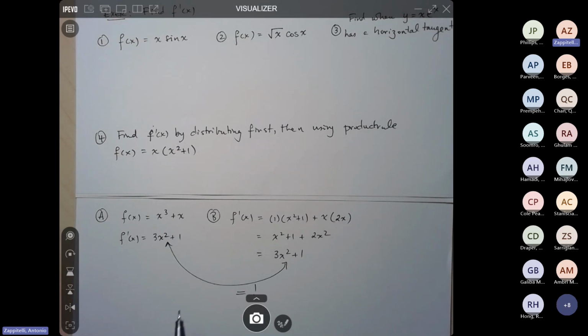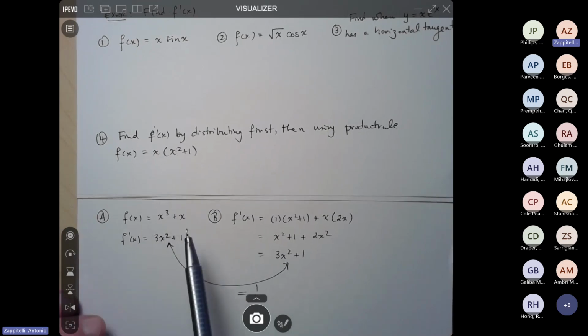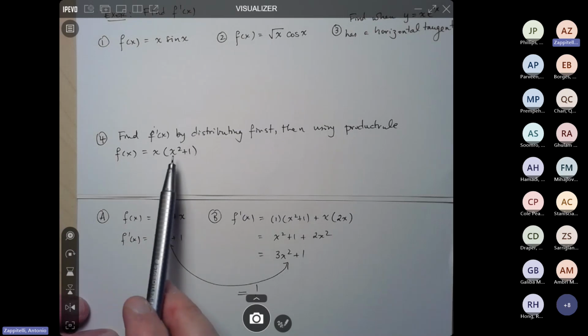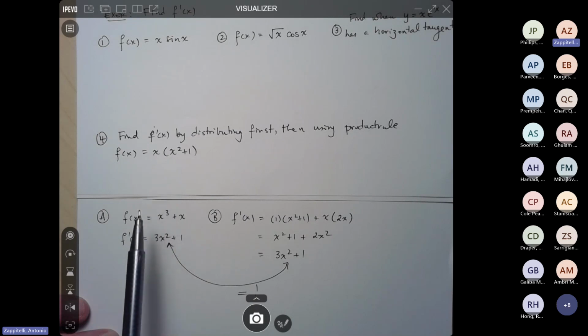This shows that the product rule we came up with seems to make sense because you get the same answer as you would if you solved it a different way. If you didn't, it means there was going to be a problem with our formula. Now, in this case, there's an argument to be made that it was easier to first distribute. So in a case like this, I probably wouldn't use the product rule. It would make more sense to first